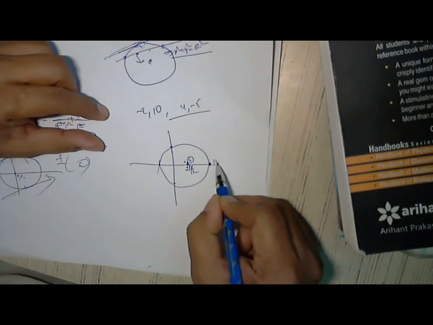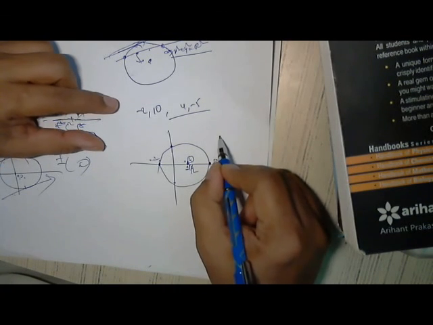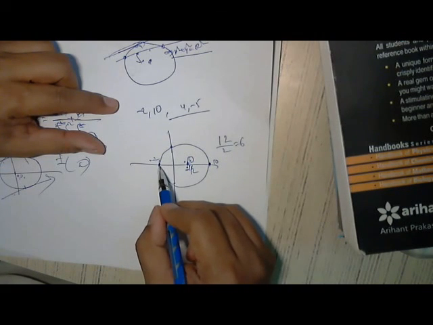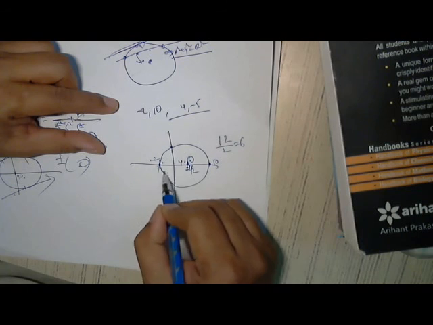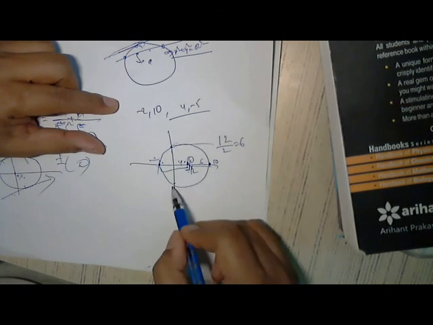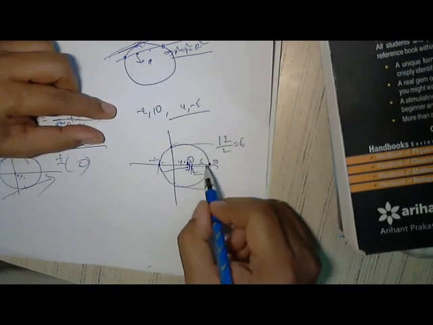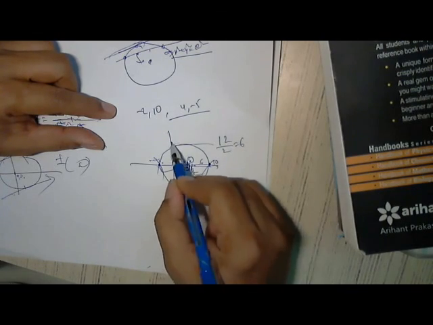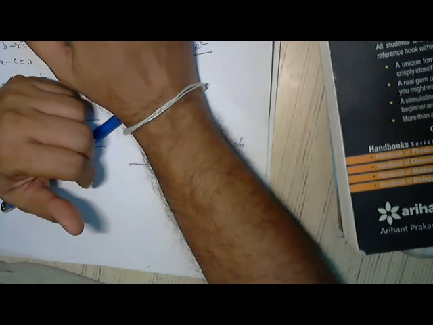If you see, this point is 10, this point is minus 2, so total is 10 plus 2, 12 by 2, 6. So from here 6, otherwise it is 4. 4 plus 2, 6 this side, 4 plus 2, 6 this side, center point. Similarly, y this is minus half. So this is the point. How did we find out? We put y is 0, so we get these two. We put x is 0, we get these two. Okay, such problems are approached like that.